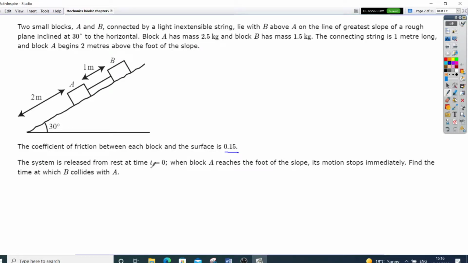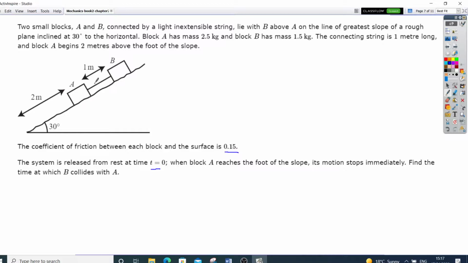The system is released from rest, t equals 0. When block A reaches the foot of the slope, its motion stops immediately. Find the time at which B collides with A. Okay, so what I'm going to do is I'm going to treat this, because as this